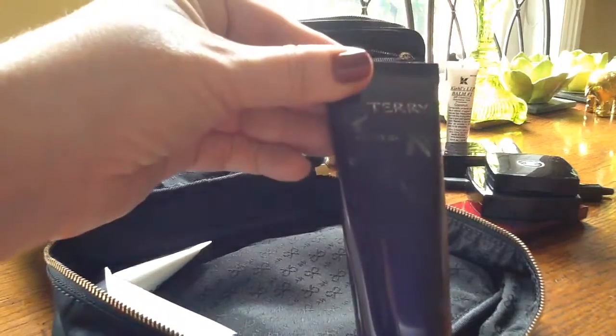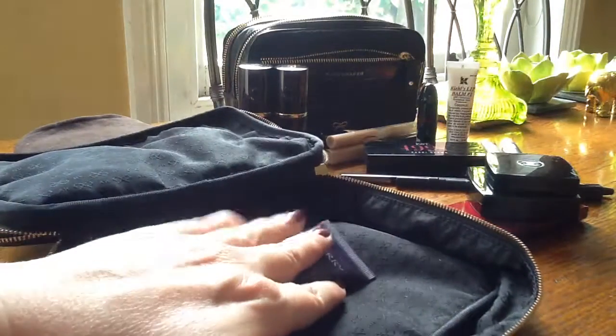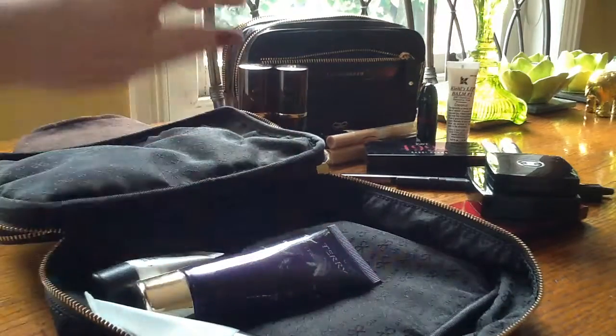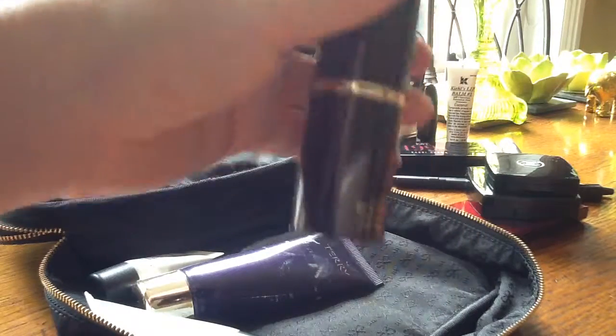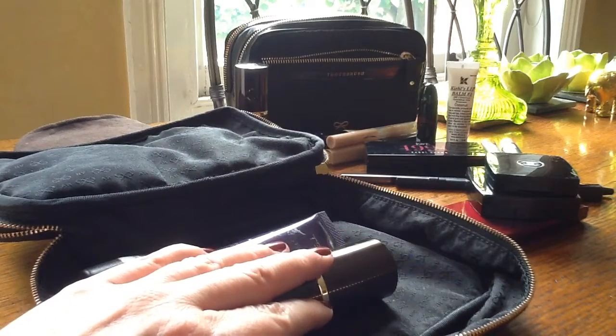My very favourite foundation is by Cherry Pro Expert. Getting towards the end of the tube of that. That's my go-to evening foundation. Gives a really beautiful finish. But I'm also taking my Traceless foundation stick from Tom Ford. It's a shame it's so heavy. That works very well as a heavy-duty